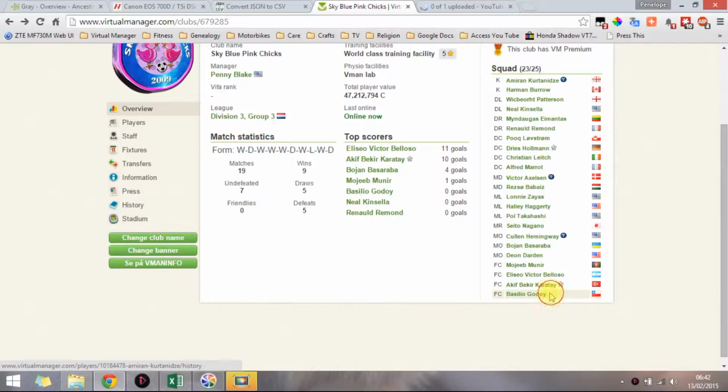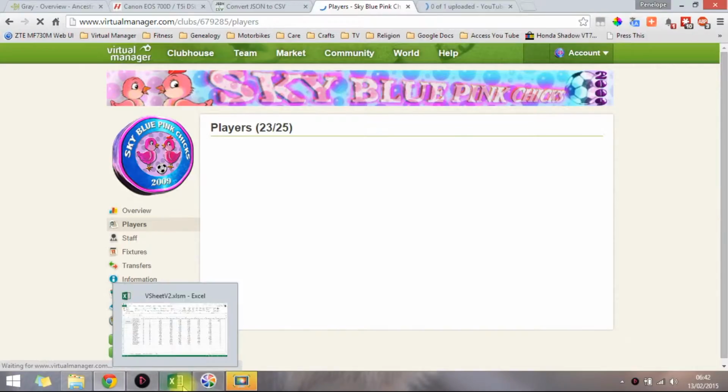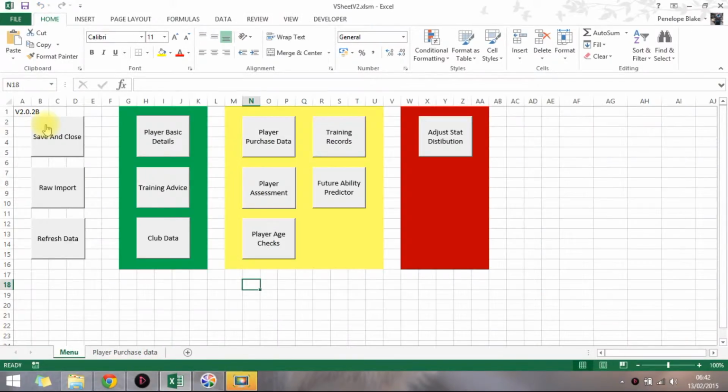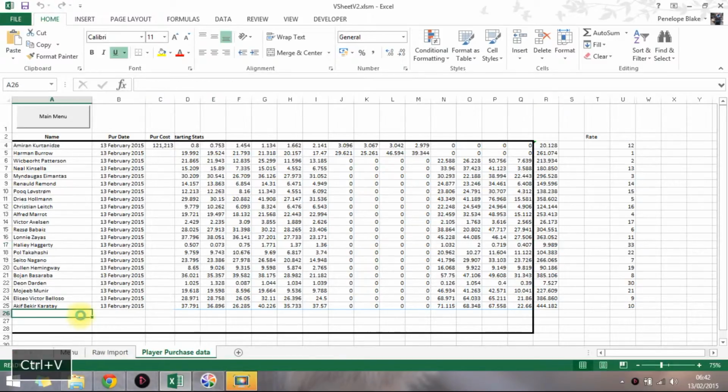Come on, computer. So you copy the name. You could equally do this from the player's page. So I've just copied the name, highlighted it and copied it by doing Control and C. You don't need the player raw, you will need the raw data. Then on the player purchase data, you paste in the name, and you will notice